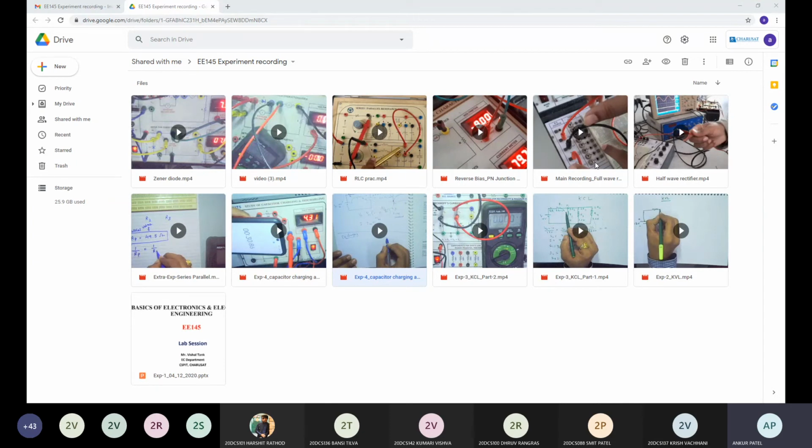So we'll have 3 lectures: Monday, Tuesday, and Wednesday. In those we will do the laboratory session. But if you have a free session on Friday and Saturday, then please drop me a message. I will conduct 1 hour for this laboratory session. If you do not have any expert lecture or extra lecture, then please drop me a message in Microsoft Teams, so I can conduct this laboratory session on Friday or Saturday.